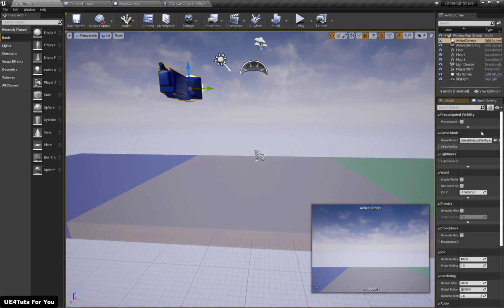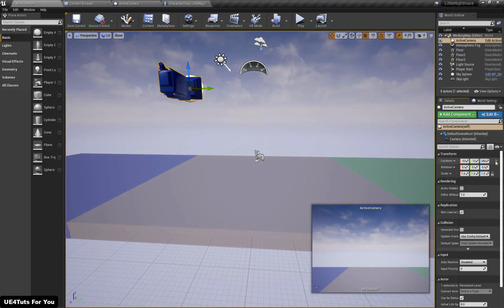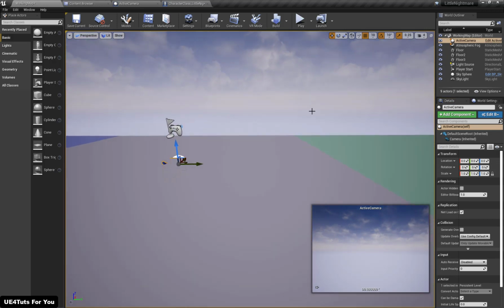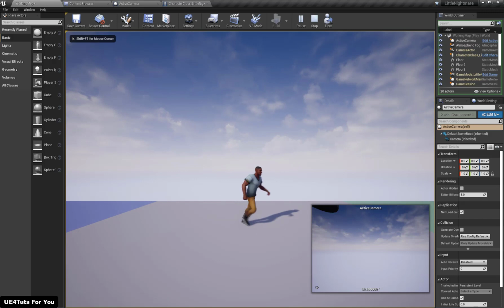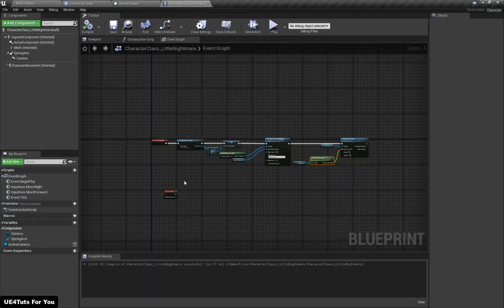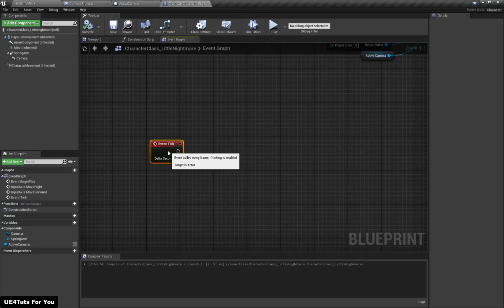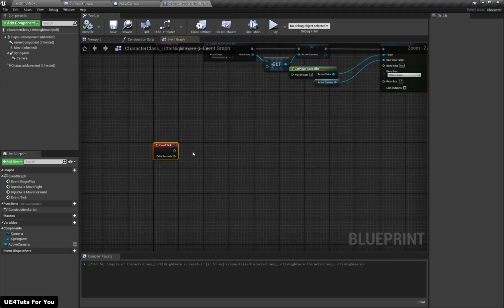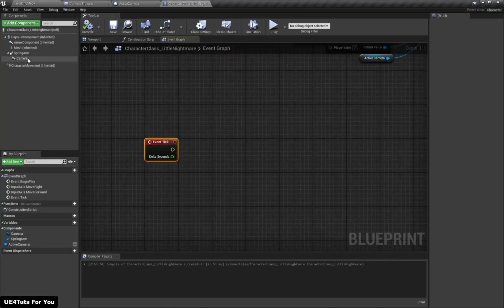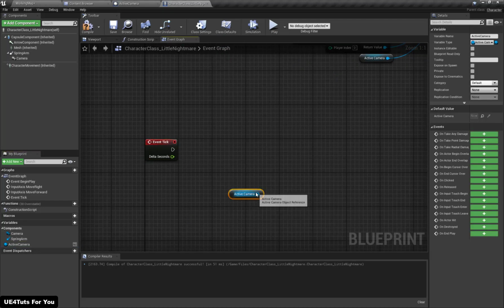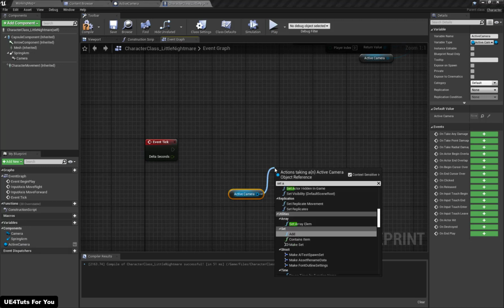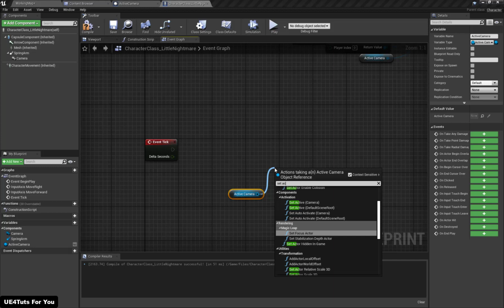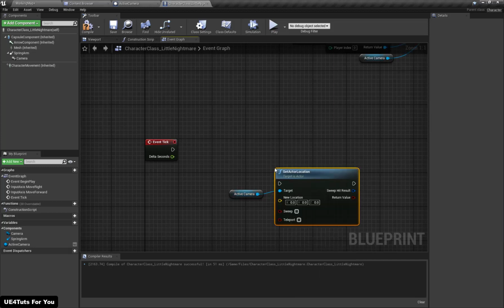Now if I zero the location of my camera, and when I play my camera, default location is properly set up. Now at the event tick, we will set the camera location, active camera location, set actor location,